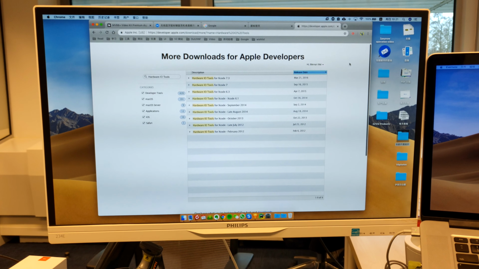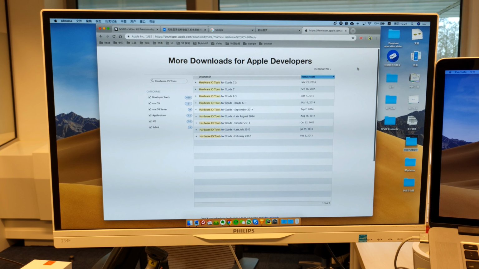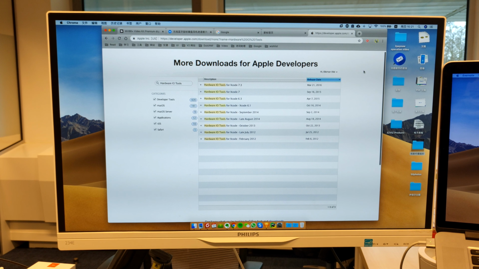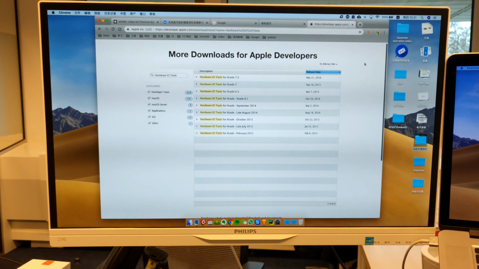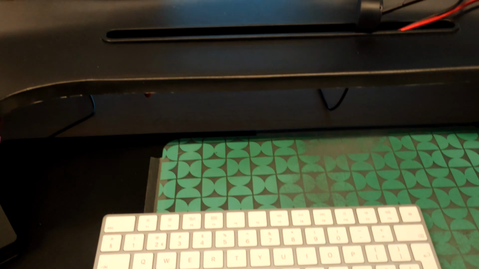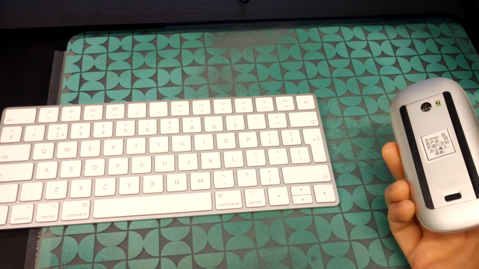Hi guys, this is a big man, and today we're gonna talk about one solution to my Bluetooth device problems at Mac. And for the moment, I have three Bluetooth devices connected to my Mac,